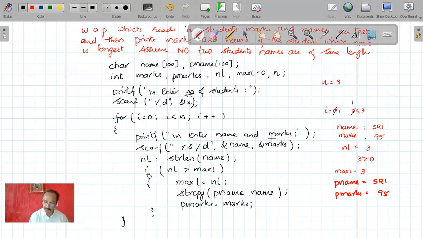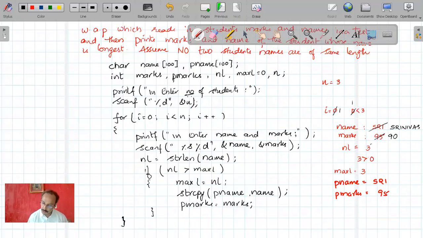Fine. Now I need to read the second name. So now I'll enter Srinivas. So the new name is Srinivas. And the marks are, let us say I have 90 marks now. So whenever I read the name and marks, whatever the contents of name and marks of previous, I am overwriting with new values. So when I is equal to 1, I am using the same name array for reading the second student name. I don't want to store any names here. And I have read the marks of the students.